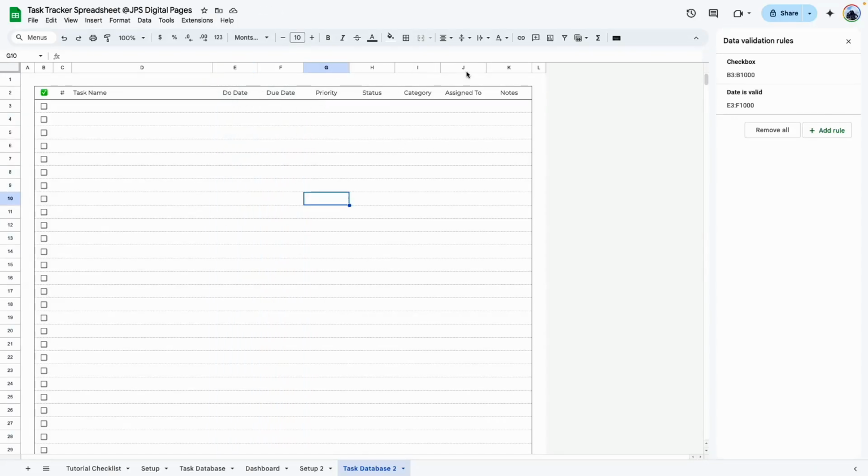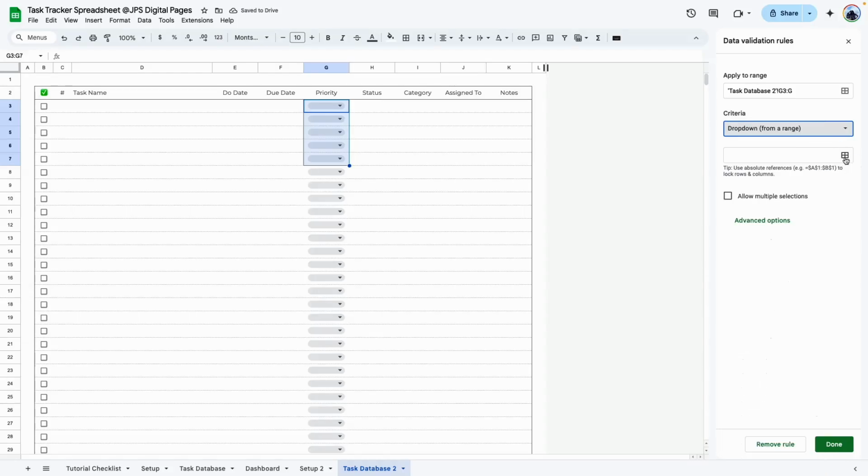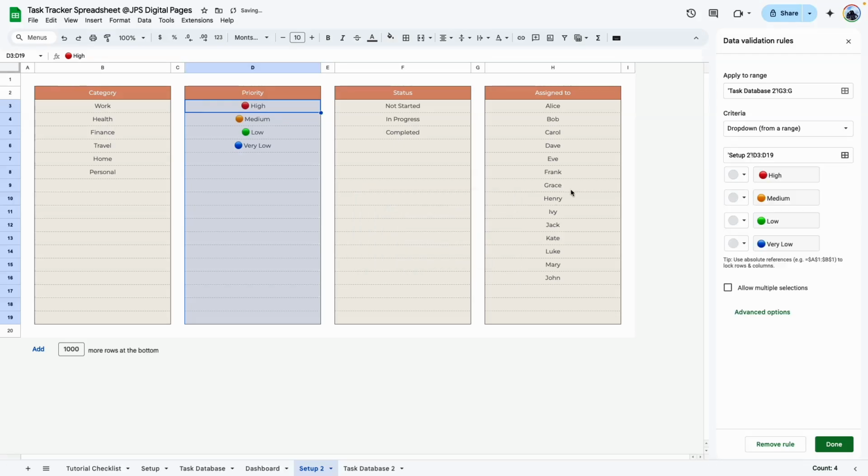The next 4 tabs are drop downs, so we'll work on them one at a time. So we'll start with priority. We're going to do the same thing, just select a few cells, click on add rule, remove the last number that shows up, change it from drop down to drop down from range, select this icon that says select data range, select that, go to our setup tab, so setup 2, all right, and priority, select everything here, click OK,